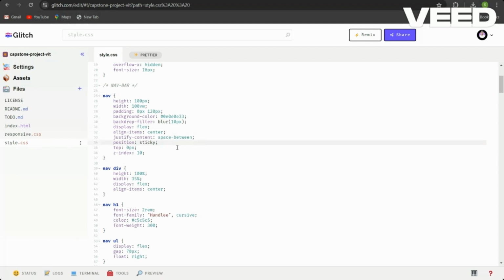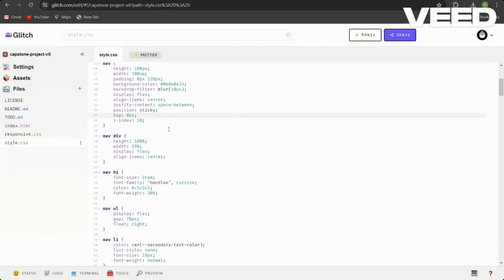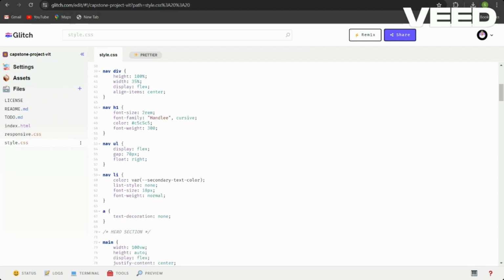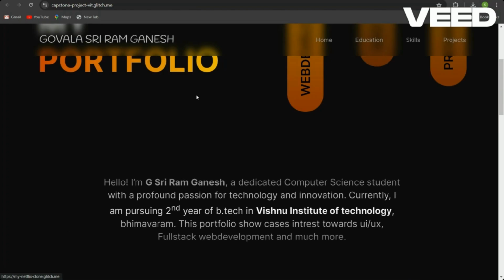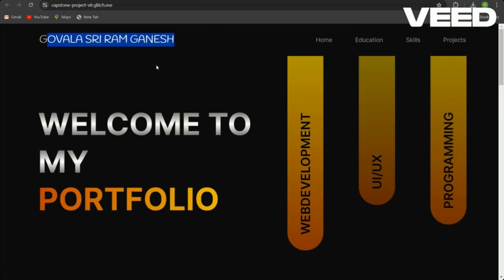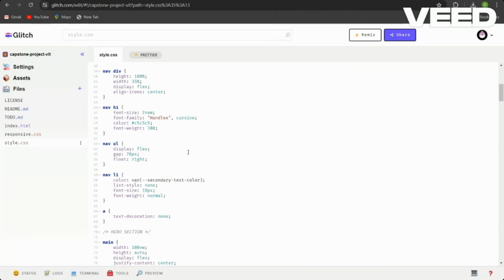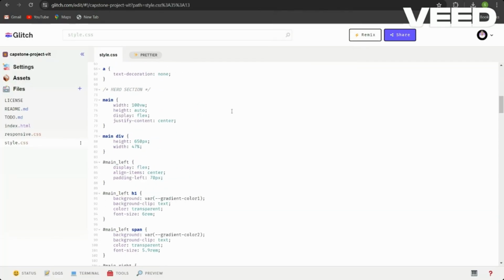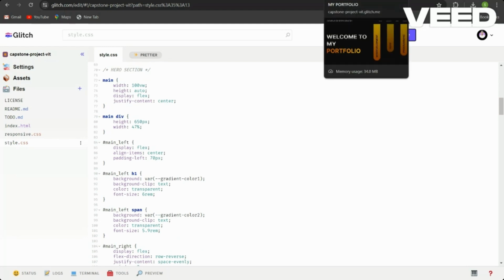Justify content space between, position sticky so that it will be at the top of the page, and top 0 pixels and z-index 10. I have created two divs inside the navbar, in which one div contains the heading and the other div contains these navigation elements. Coming to the main section, as I already said, I have divided the main section into two